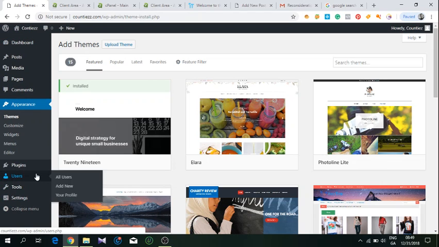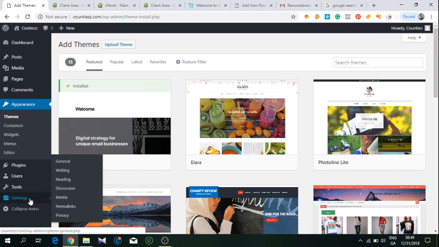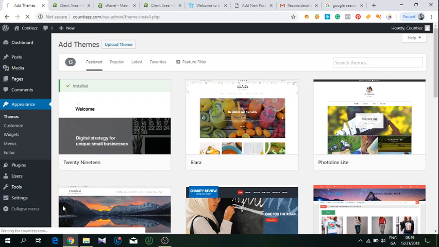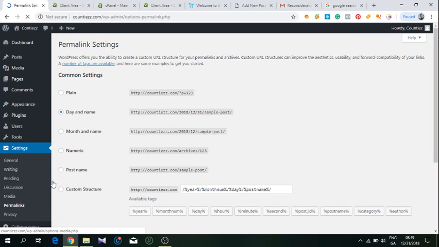Okay, so first things first. I want you to go to the settings here, and where it says permalinks, we need to set up the right permalinks. A permalink is basically what you see at the top bar in your browser. So here, by default, it's set to day and name. What we want to do, preferably, though it's obviously up to you,